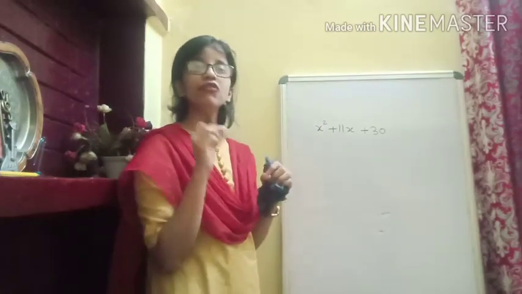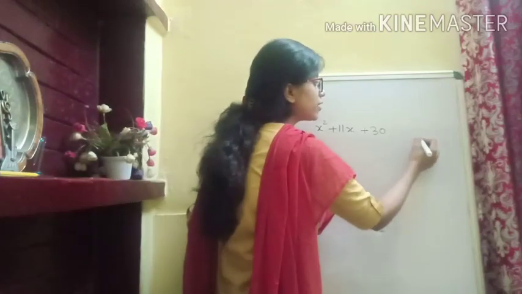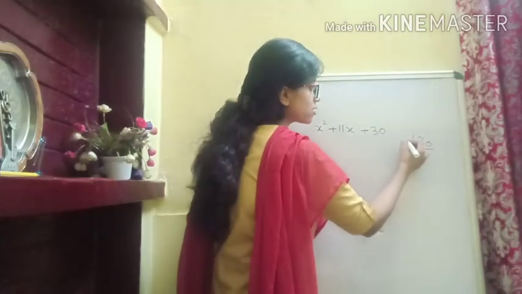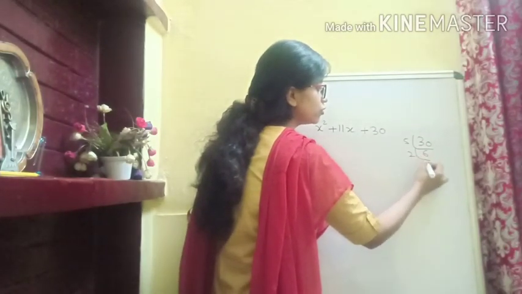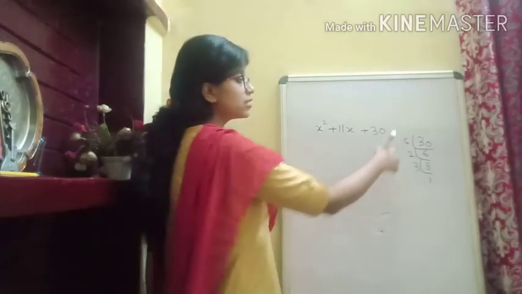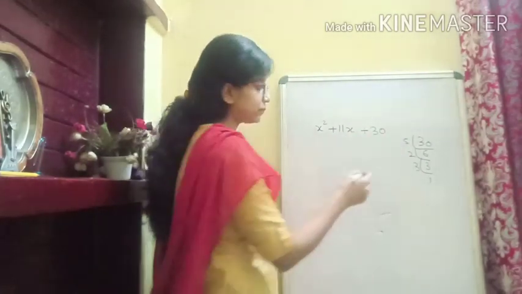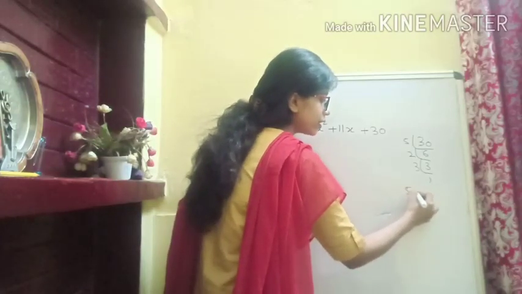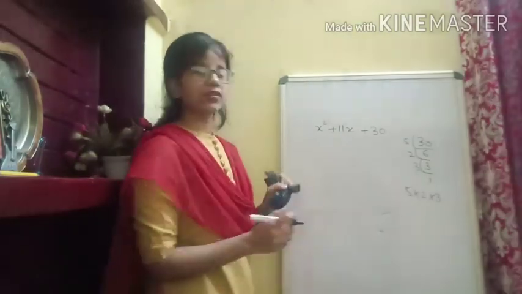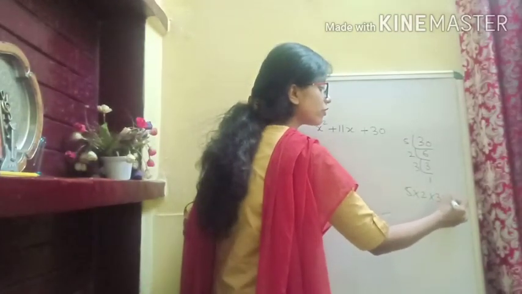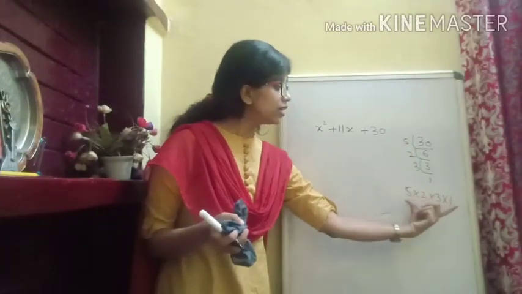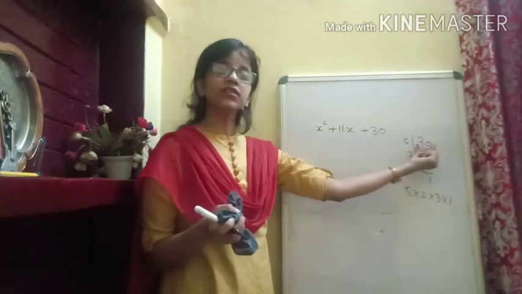And that number you factorize. You will write the prime factors of that number, 30. What are the prime factors? I think you will divide it by 5, 6, and then 2, 3, and 3, 1. Okay. So these numbers are the prime factors, like 5 into 2 into 3. You will always write 1 as a factor because we know 1 is always a factor of any number. So that would be 5 into 2 into 3 into 1. So these are the factors of number 30.